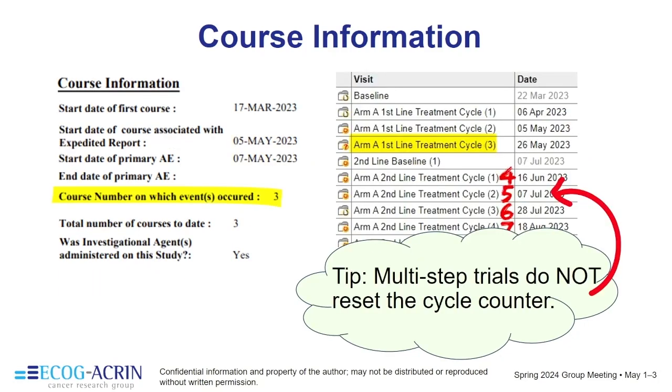Course information, let's see, the course number on which the events occurred. So the query that I'm asking about most often here is that if you've got a multi-step trial, you've got step 1, then sometimes RAVE will say step 1, cycle 1, 2, 3, and then step 2, cycle 1, 2, 3. So it's not always going to match what you're seeing in RAVE. Sometimes you got to add them all up together, because on the ticket, you just keep counting. So it's going to be cycle 1, 2, 3, 4, 5, 6,